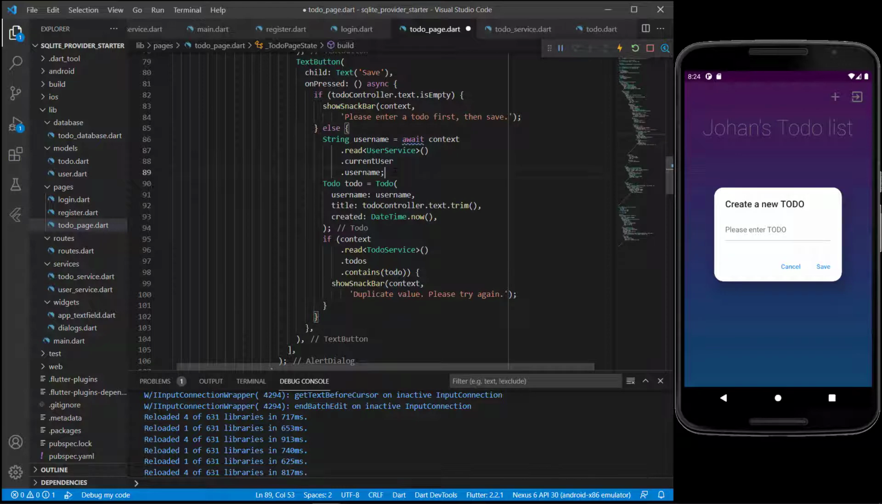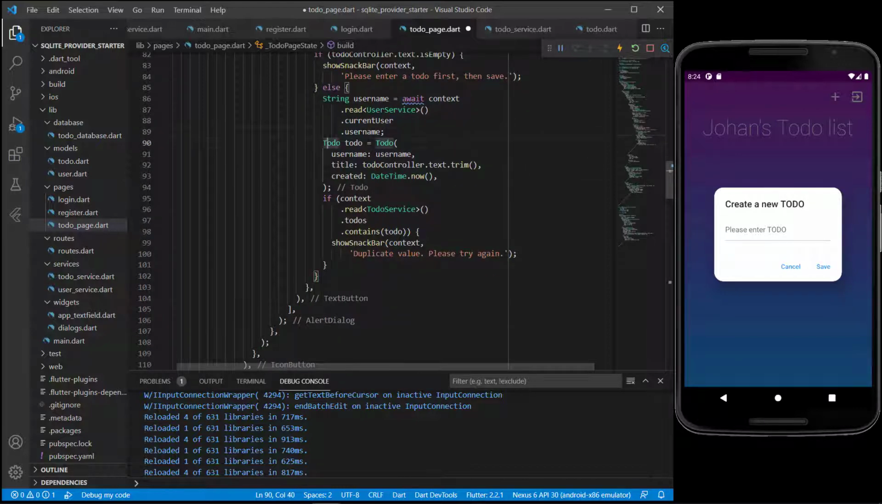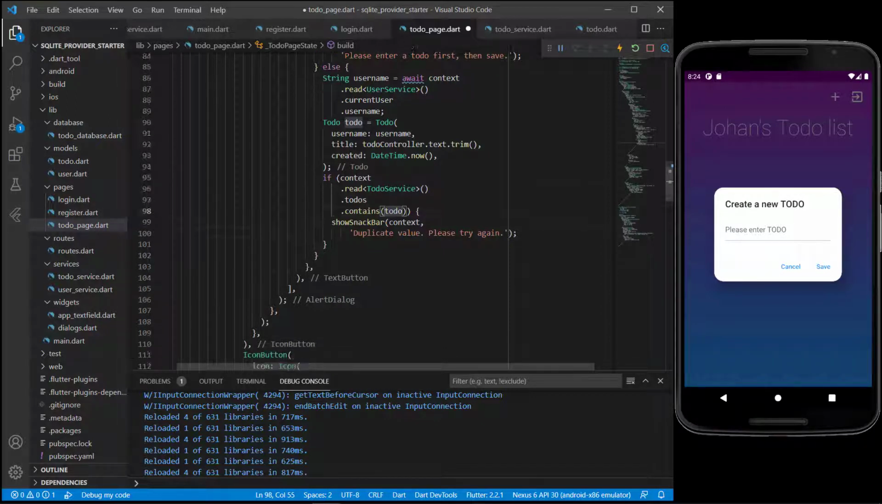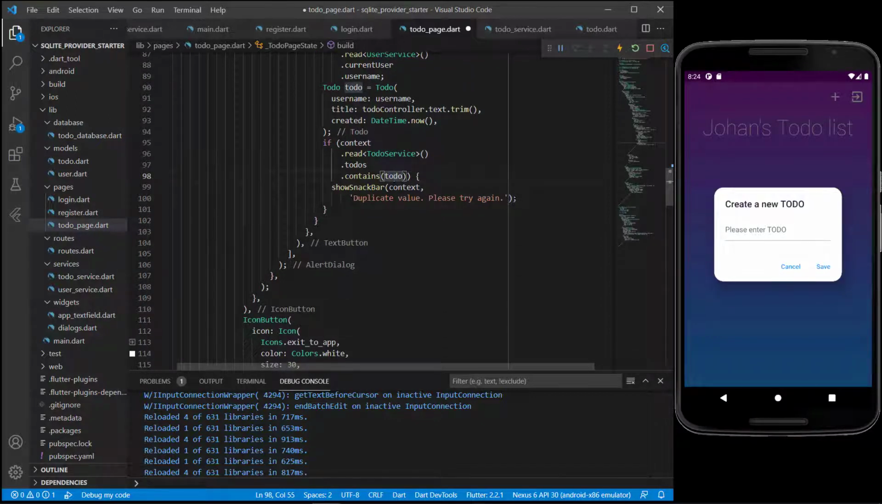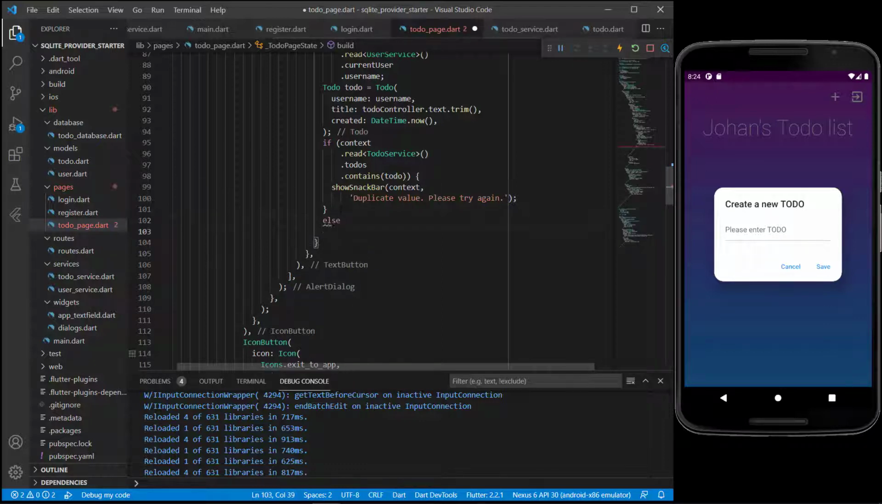Then we get the current username, we create the new to-do with all the data we need, and we check if that to-do actually is in the list of to-dos already by using that double equal sign operator. If it is, we will show the value duplicate value, please enter again, and just see where it ends. And the else now means everything is fine, it's not a duplicate, and now we can actually start adding it